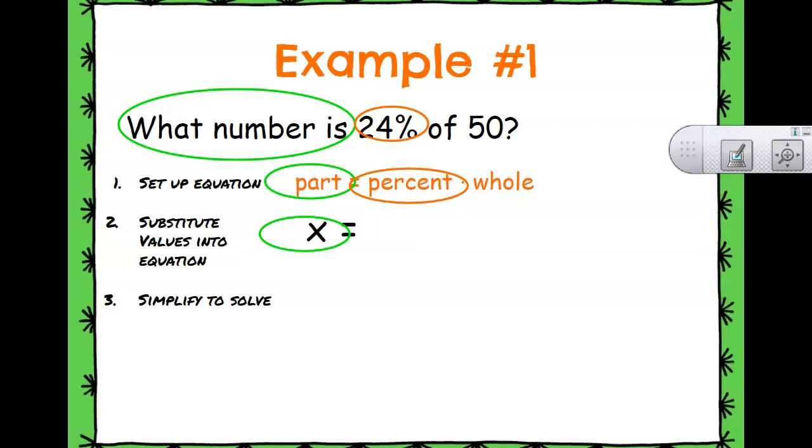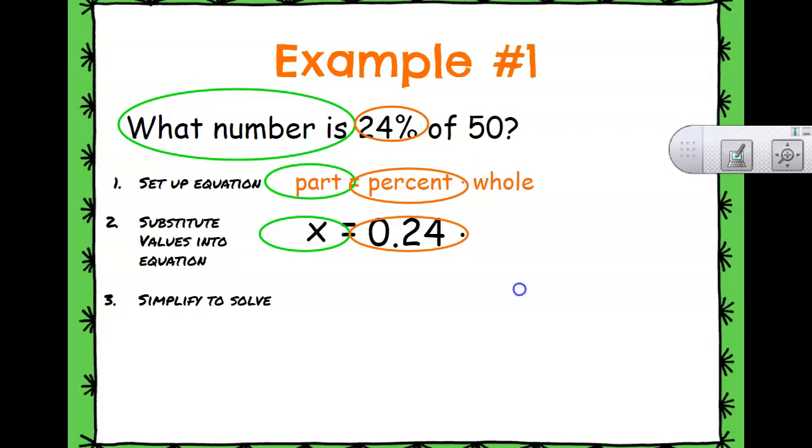I am going to fill in instead the decimal 0.24 because I shifted my decimal 2 spaces to the left. So again, I shift my decimal 1, 2 spaces, and that's where my decimal came in. So 0.24 times,